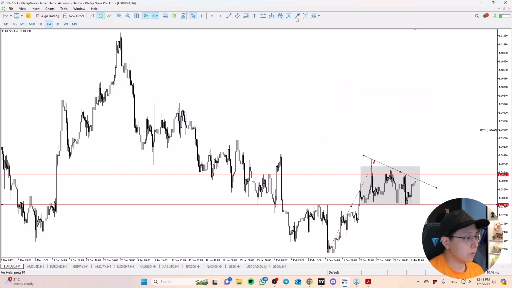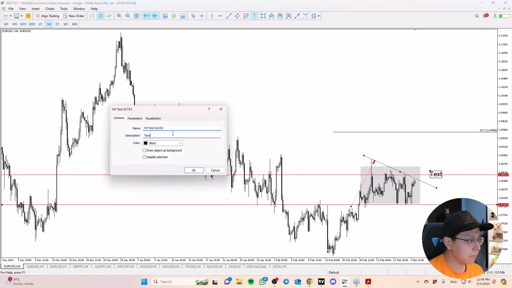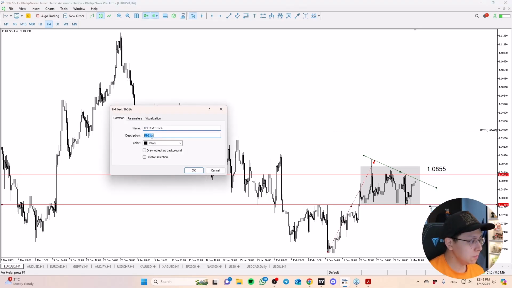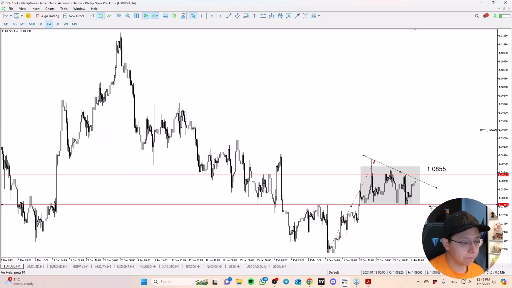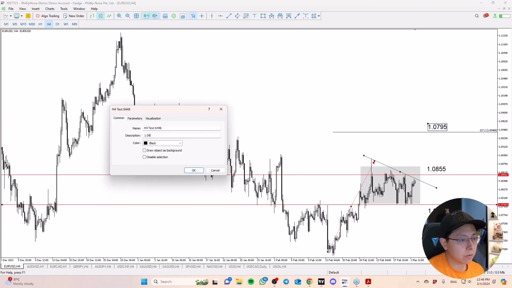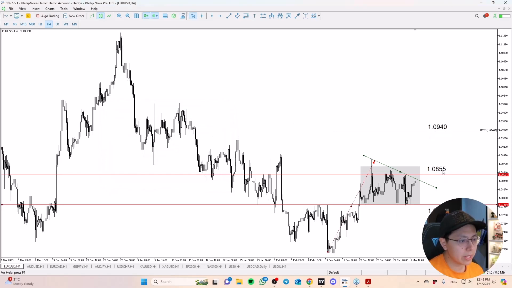So what we're expecting over here is upside. Now, if the market can break out of this minor swing high at 1.0855 impulsively, that will open up a possible trade with a stop below that swing low, 1.0795, and a potential target here, 1.0940. So again, the risk reward is slightly more than 1:1, which makes it acceptable.